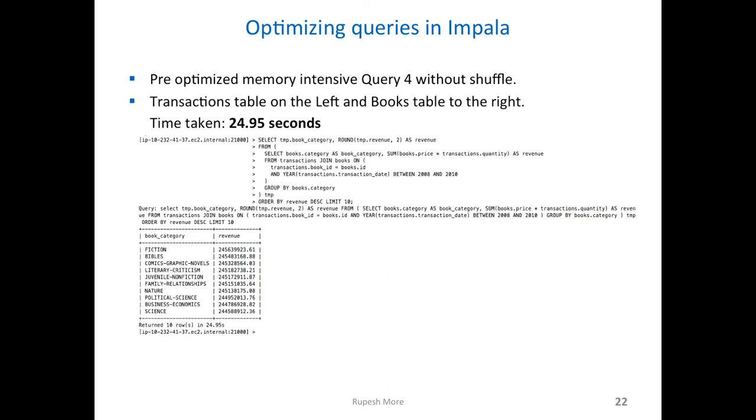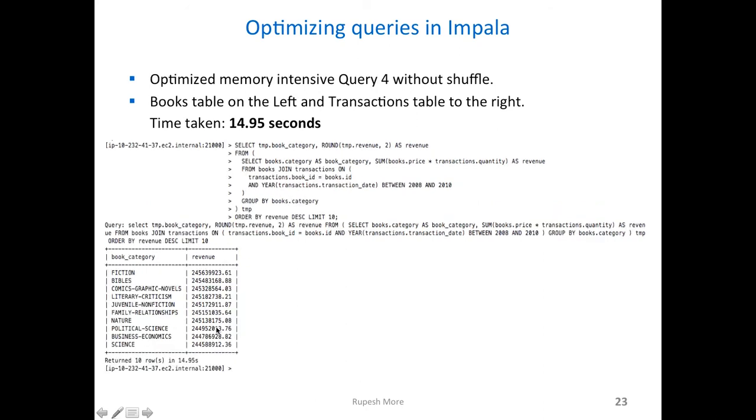So basically, this is one of the queries used here. The transactions table is to the left of the join, whereas the books table is to the right. When we run the query in Impala, it took 24.95 seconds, whereas the optimized query, the previous one was a pre-optimized query. This query is optimized because here we have the books table to the left and the transactions table to the right. When we run this query in Impala, it just took 14.95 seconds. Why is it so? Because